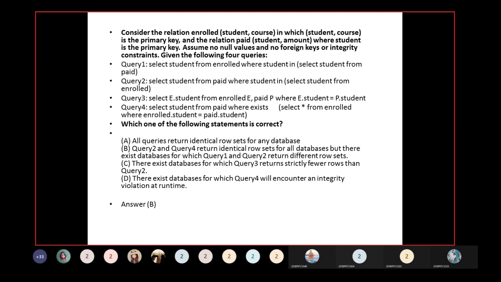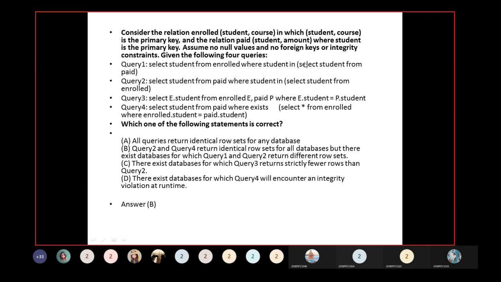When you are using nested queries, the query execution starts from the innermost query to the outermost query. The execution of the inner query is independent of the outer query. The result of the inner query is used in the execution of the outer query. For this, we have to use some operator to join them together, that is IN, NOT IN, ANY, ALL. Here we are going to use IN to join the two tables together. So: select student from enroll where student in.